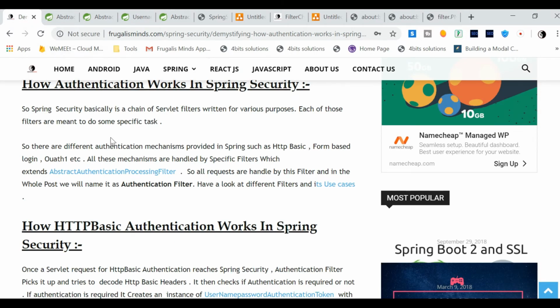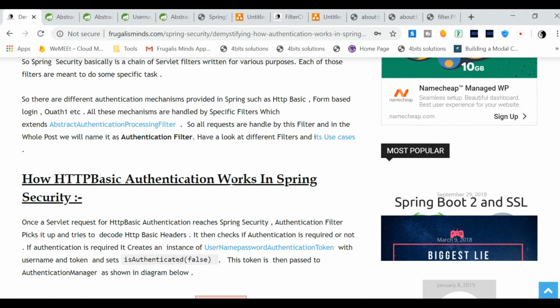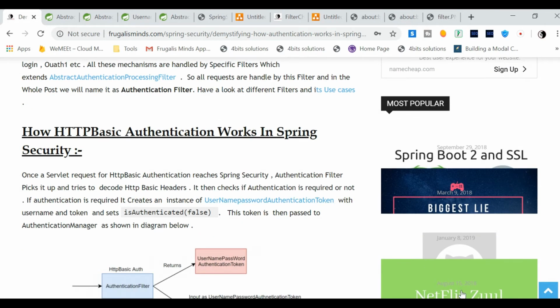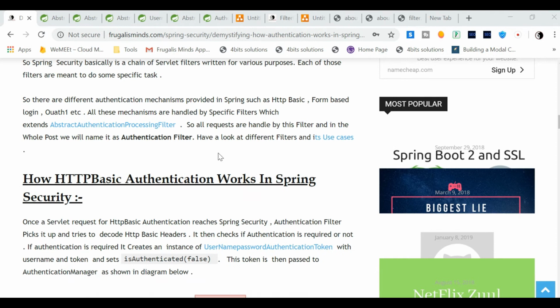Now, how does the authentication filter perform all the authentication? There are different steps by which an authentication filter performs the authentication. Once the request is delegated, authentication filters handle all the requests. Based on the different authentication mechanisms, there are different varieties of authentication filters that get called in a Spring Security application. Once you have the authentication filter, Spring Security tries to perform the authentication.